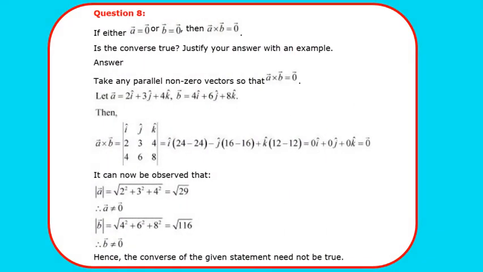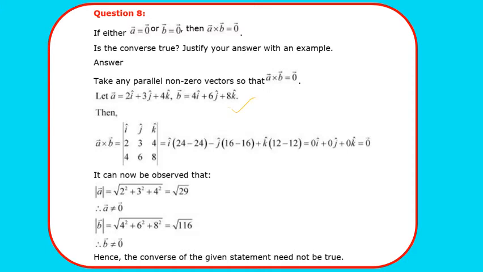Moving to question 8. If either a is equal to 0 or b is equal to 0, then a cross b is equal to 0. Is the converse true? Justify your answer with an example. Now take any two parallel non-zero vectors so that a cross b is equal to 0. Now a is equal to 2i plus 3j plus 4k and b is equal to 4i plus 6j plus 8k